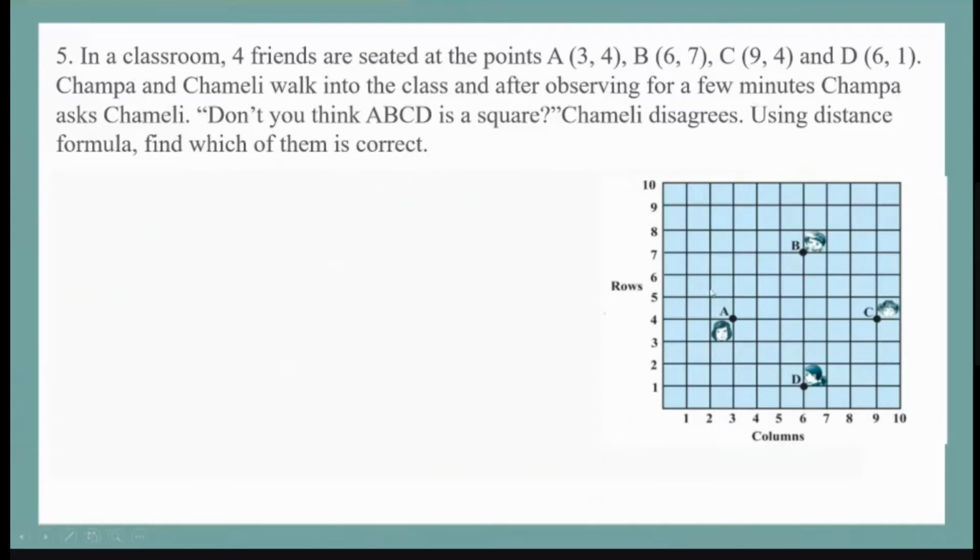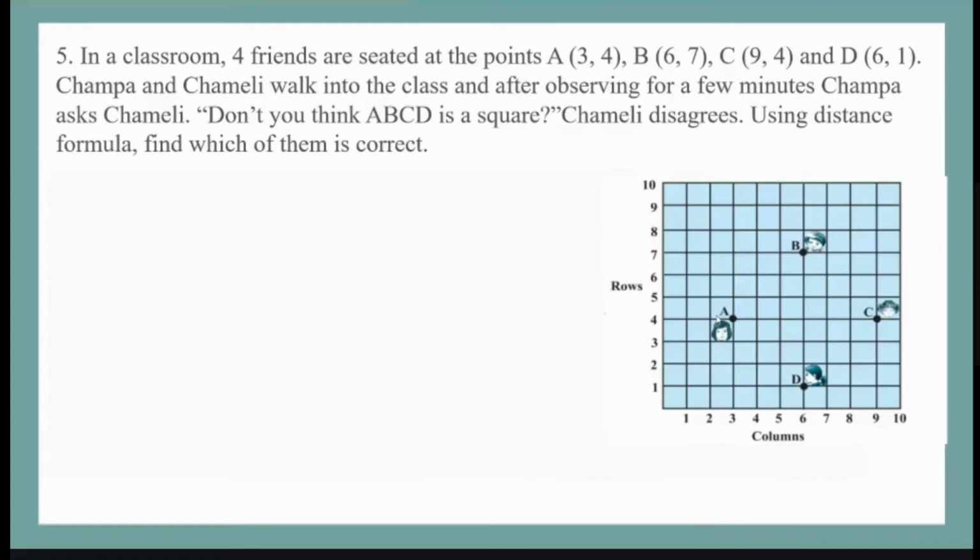So I want to check whether ABCD is a square or not. I'll find out distance AB, BC, CD, and AD. Let me see if all 4 of them are coming equal. If they're not coming equal, the question finishes there and then, it is not a square. But if they come equal, then it could be a square or it could be a rhombus also. To check whether it is a square or a rhombus, I'll find out the length of the diagonals. If the diagonals come out to be equal, it is a square. But if they don't come out to be equal, then it is a rhombus.